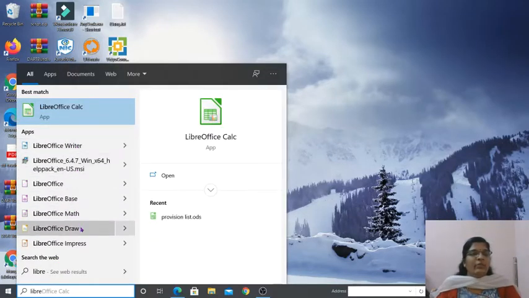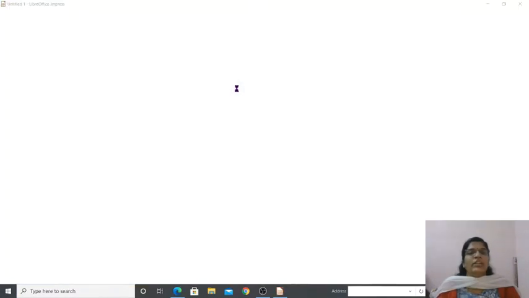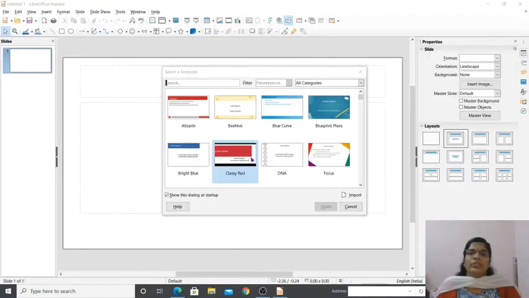You can see Calc, Writer, Base, Math, Impress, everything comes. You can choose the best match. I need Impress. When you click on Impress, LibreOffice Impress will open. Let me close this window.